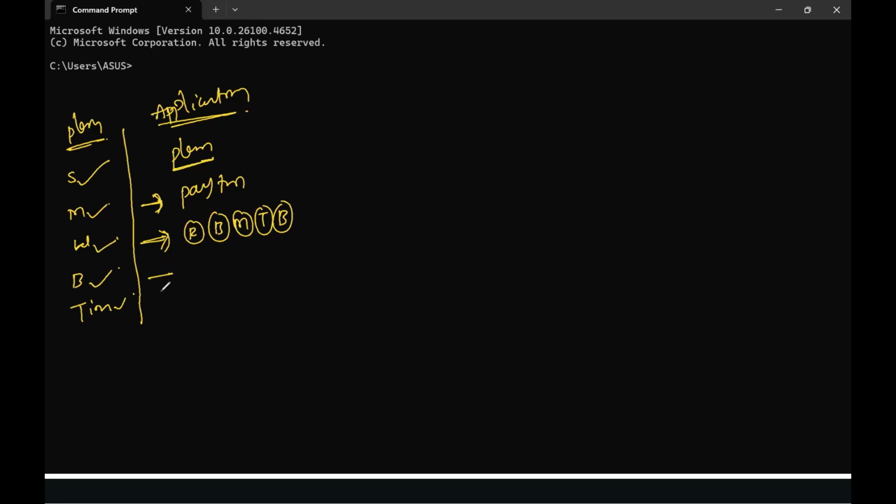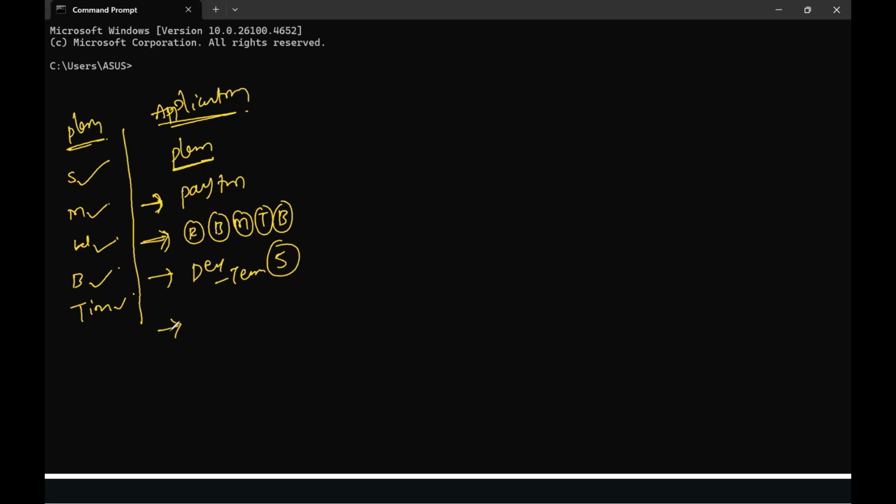The third one is how many developers we are going to implement, nothing but the dev team. I'm going to implement 5 developers.